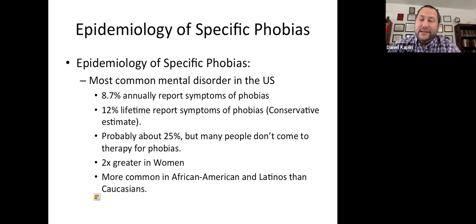But that really is an underestimate of what's going on, because many people with phobias avoid whatever is distressing and they don't come into therapy. So we estimate it's probably about 1 in 4, or 25%, of people who would qualify across the lifetime as having a phobic disorder. It is twice as common amongst women. It is more common amongst ethnic minorities. The reasoning for this is unknown to this day.